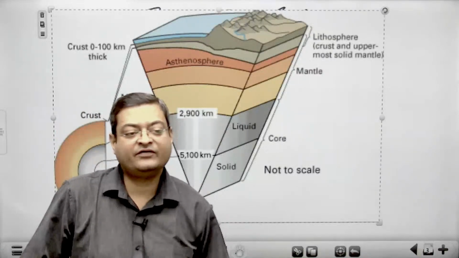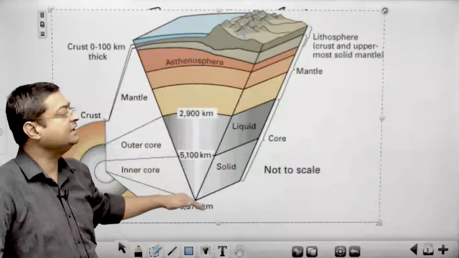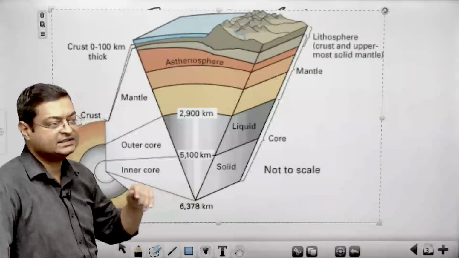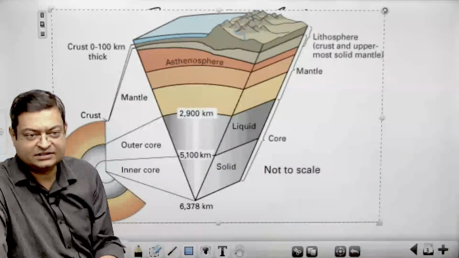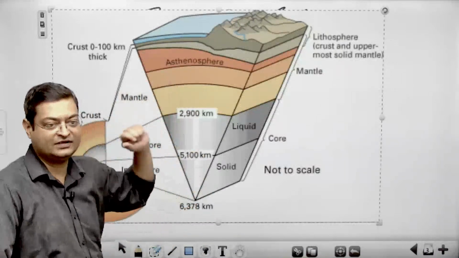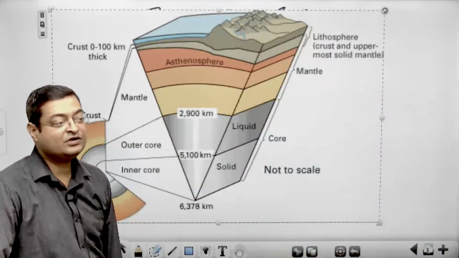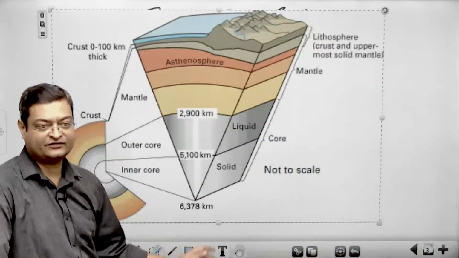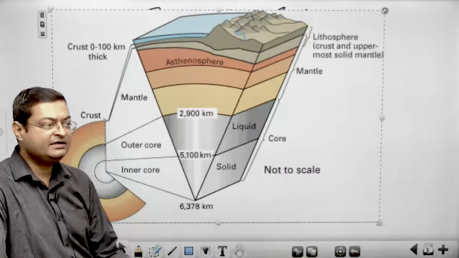So from where do we get this information that there are many layers of the earth, just like an onion. You're going to peel one layer, another layer is going to come out. So how are we aware of this? There are three layers of earth, and there are again sub layers of earth also. So what are the sources to know about such sort of layers? That we have crust, mantle and core.